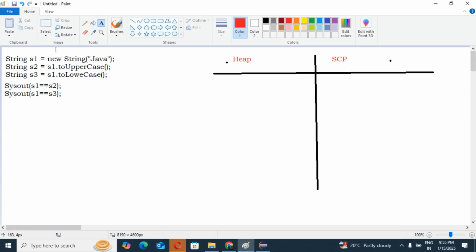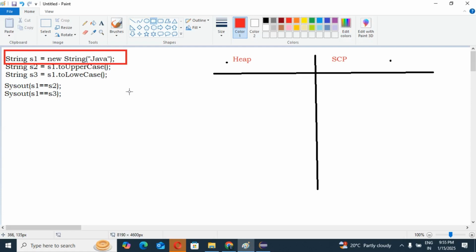Guys, you know very well, right? Suppose this line, String s1 equals new String Java. I already explained in a couple of videos that whenever you create an object with the help of the new keyword, two objects will be created.